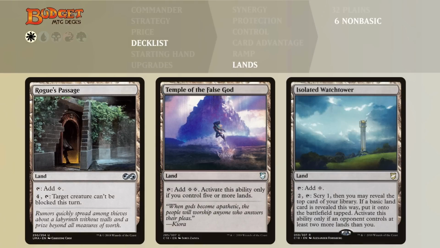Watchtower. Rogue's Passage allows us to make something unblockable, which is really nice if we can't give some of our stuff flying. Temple of the False God gives us a little bit more mana, but we do need to control 5 or more lands. And Isolated Watchtower is very nice because we can use it for mana, but we can also put